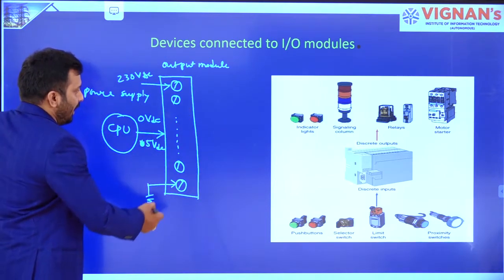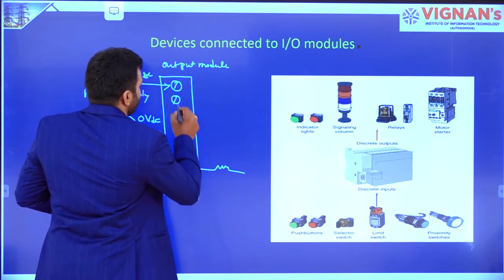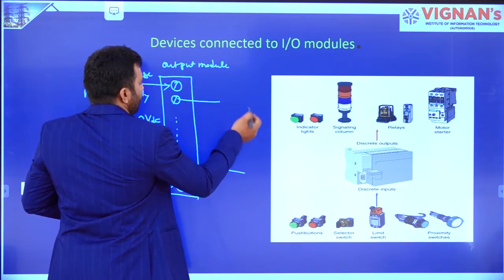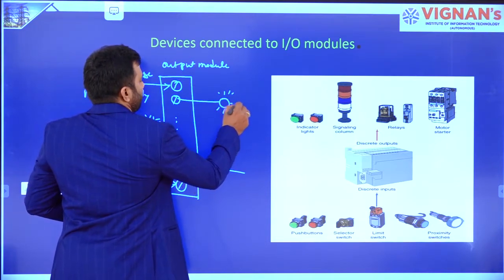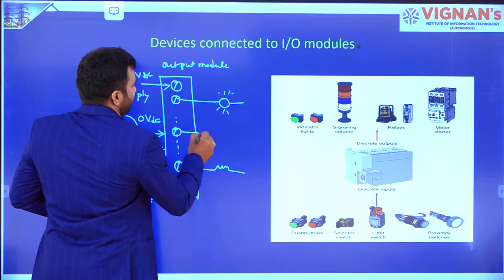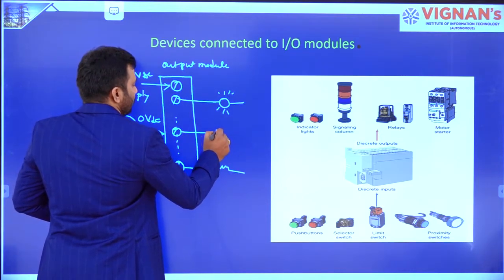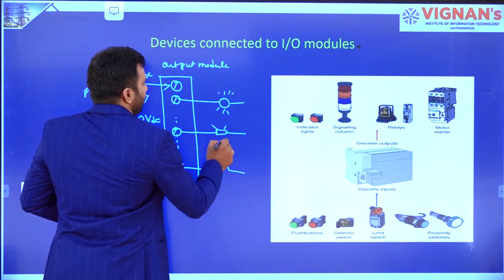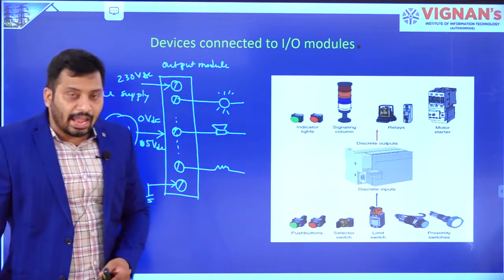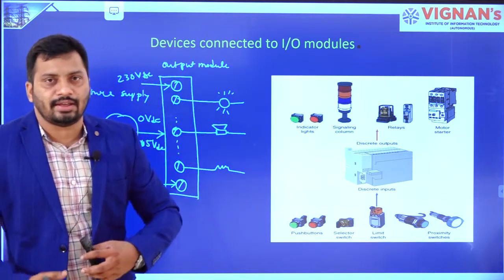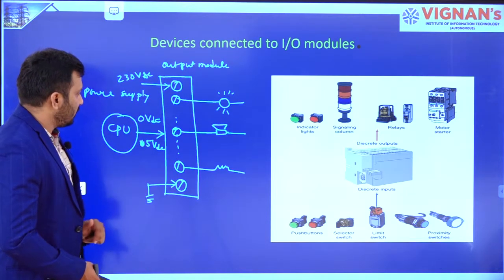These 8 terminals are used to connect any loads. To these you are going to connect any loads, some heater or lights or something like that. You can connect output heaters also, some buzzers, anything you can connect to these terminals. Like that, 8 devices, 8 actuators you can connect to the 8 terminals of the output module. That is not our intention, right?